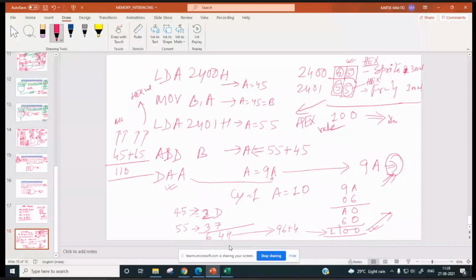Then the addition takes place. After getting the result, again it is converted from hex to decimal. And then it is displayed as 110. Why? Because the system software is very, very advanced.